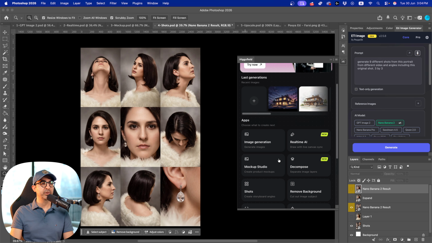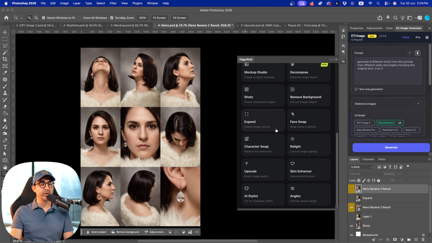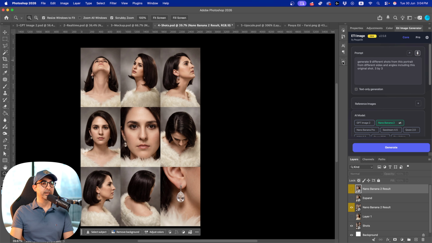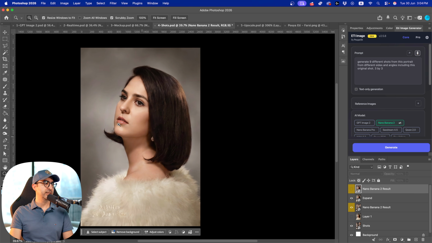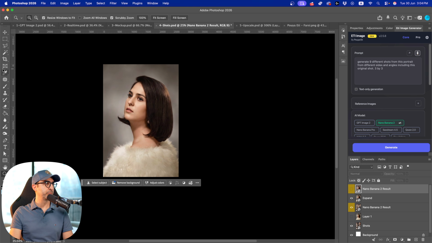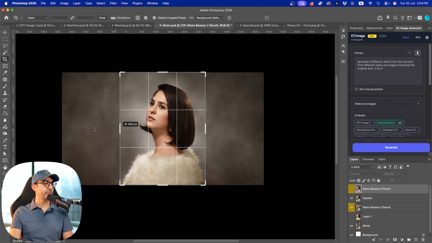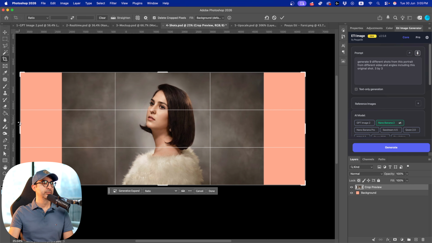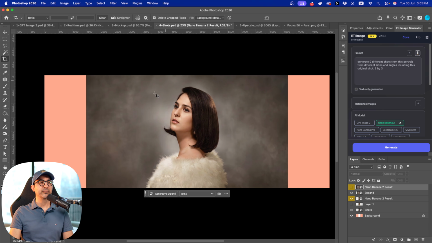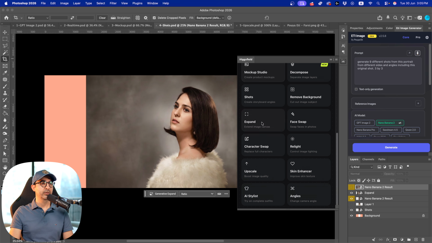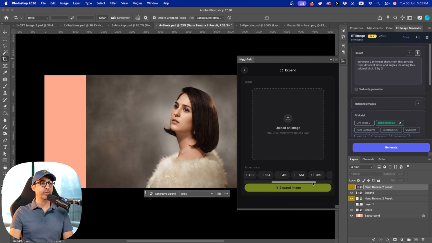There are more capabilities here. Some of them I tried, it didn't work. For example, the expand worked and it gave me this result. If we zoom back and just change the crop, it gave me this result with the aspect ratio. Let me check, with the aspect ratio of